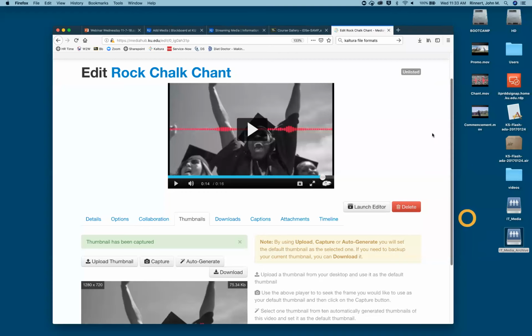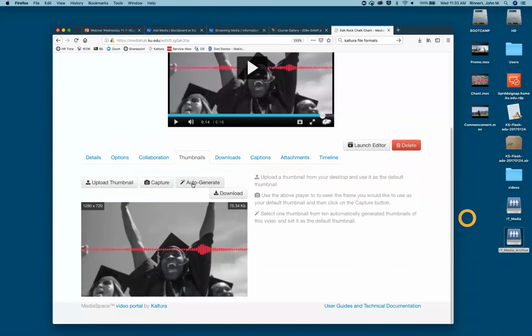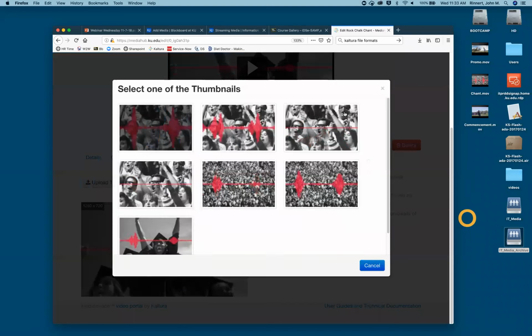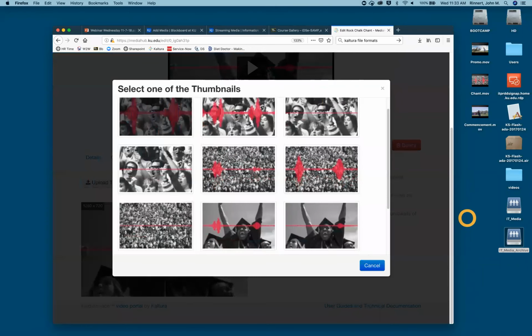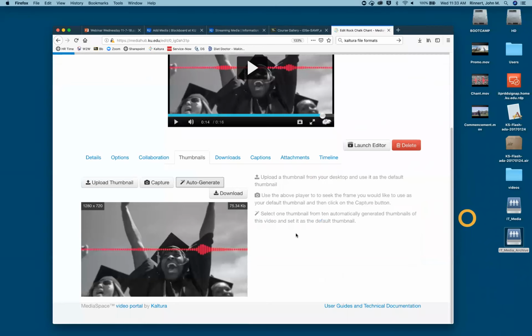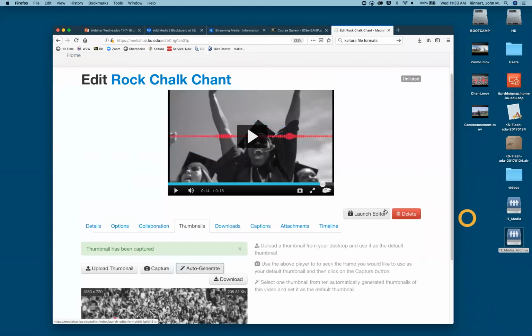Or something I like to do, especially with a long video, it won't work as well with this one, is you can go to auto generate, and it'll go through the video and give you some choices. Then I don't have to pick one, it can pick one for me, and I say, hey, I really like that one, and it'll change to that. You can see that progress bar. So that's a nice feature, we get asked about that a lot.